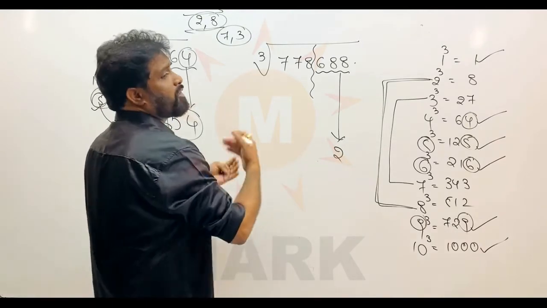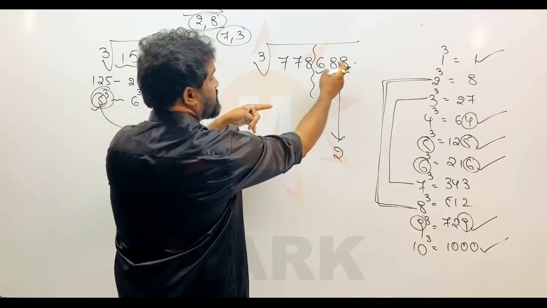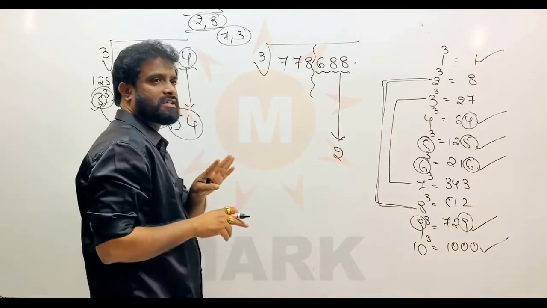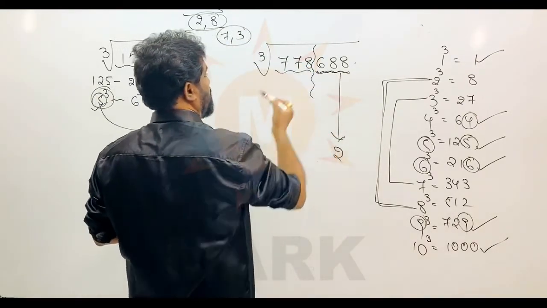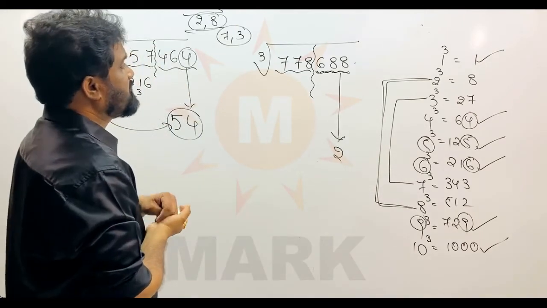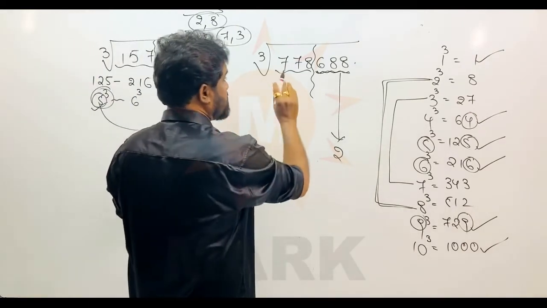So here the actual number is ending with 8. So in the original number, in the cube root, what should be the actual number? It should be 2. Because when you take something as 2 and you cube it, in the answer you will get 8. So now we are finding the cube root of it. So we are going in the reverse way. In the answer you got 8. That means in the original number, in the last place, there must be 2. Okay, this is done. Now we are coming for this part. 778 is the next part.